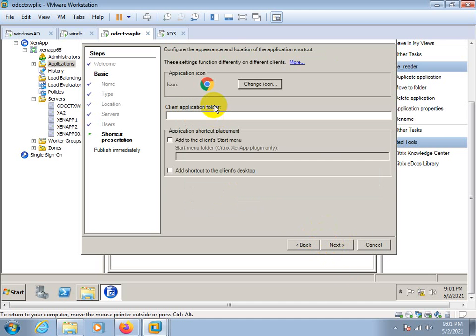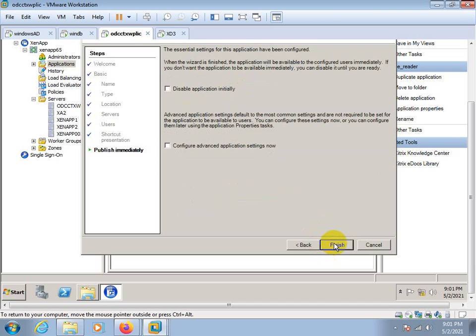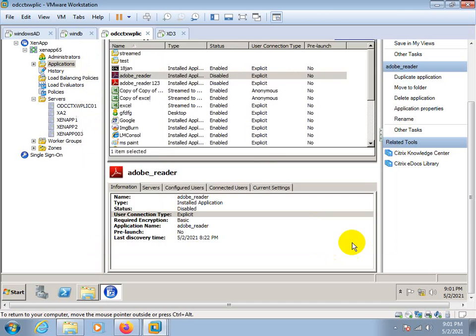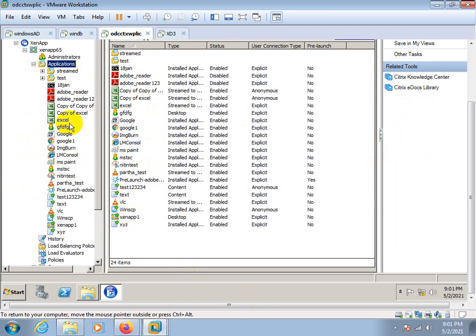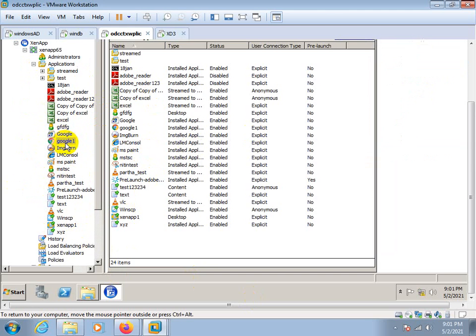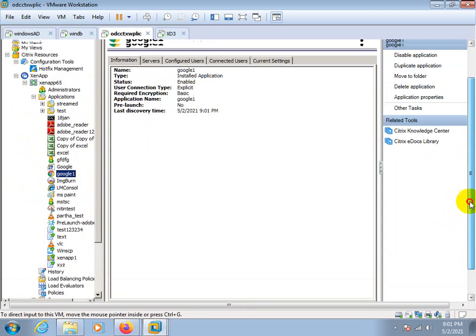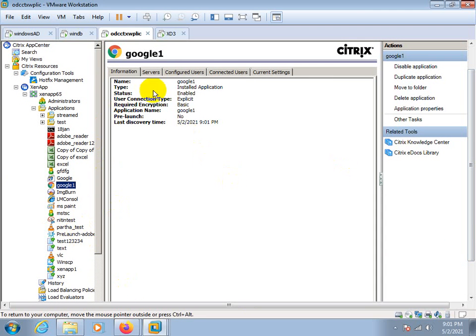Add other users here. And next, finish. We will get the application here in the list. Okay, application is installed.